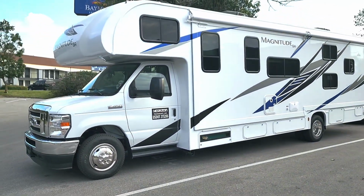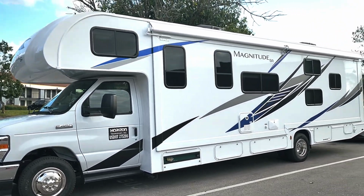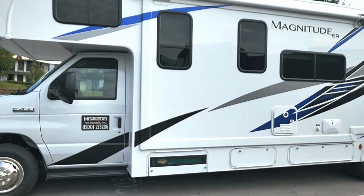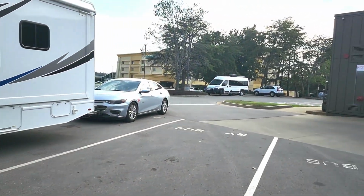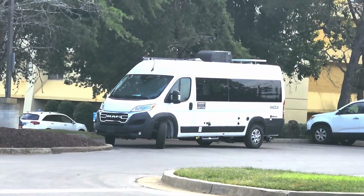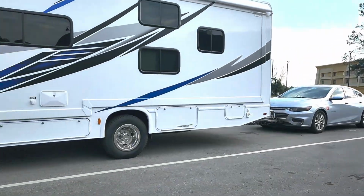I'm driving the Class C here. It is a Magnitude Class C. It is not the standard Magnitudes that we're used to seeing. This is a van style instead of a pickup style. It's still a Class C. And Dawn's driving that Class B that is over here. And so, yeah, we're taking these to Defuniak,